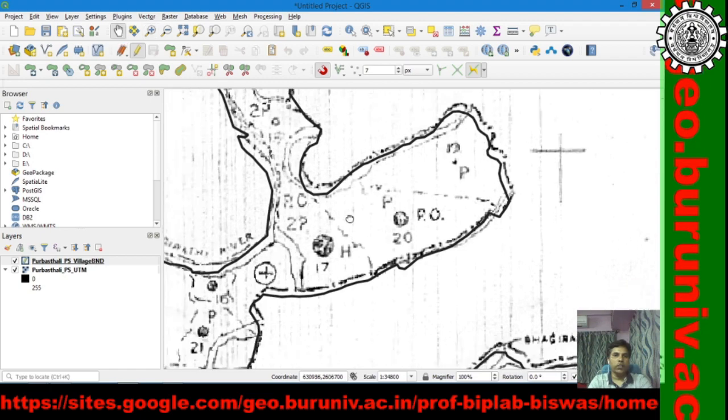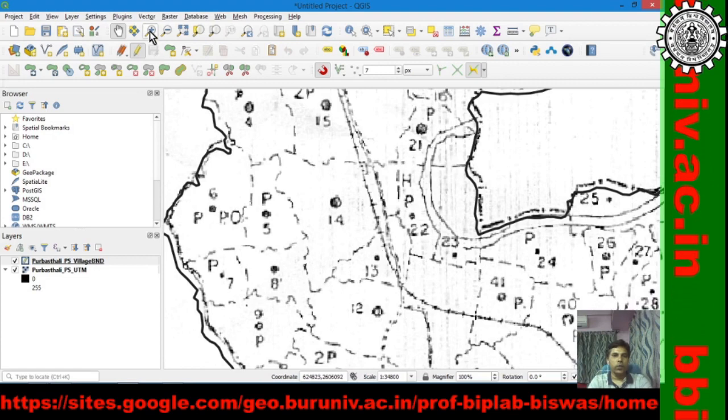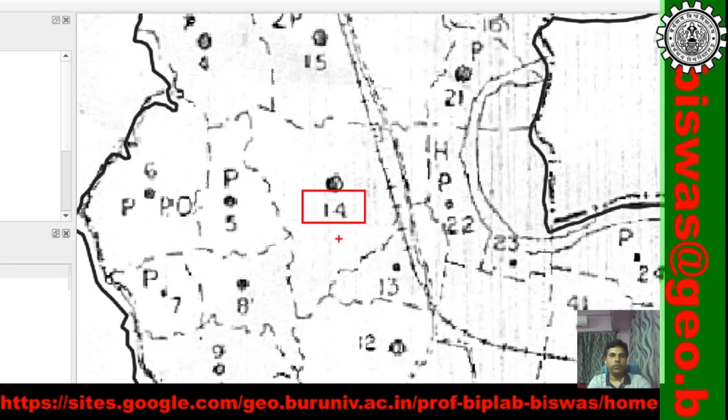Before starting the village digitization, I'd like to say a few words about it. For example, we can see this village 14 and this is its outer boundary. And you can see another village 15, village number 4, 5, it has some common boundary.